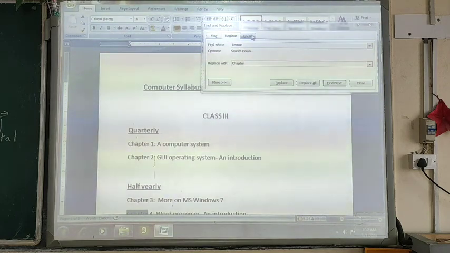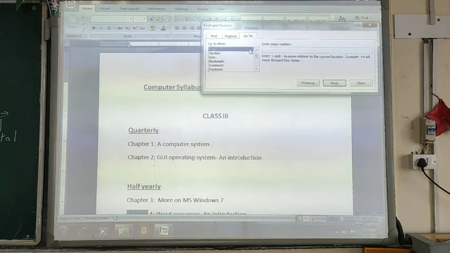Now the third option, as it is not given in your book, but it is very useful, is the go to option. In go to option, you can directly move to a particular section. Like if you want to go to any particular page number, suppose this document is of total 8 pages.